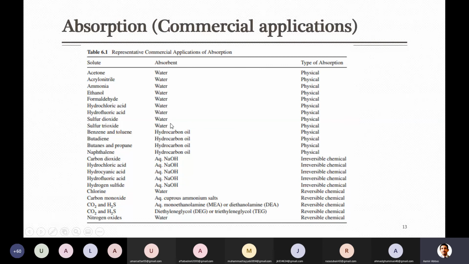By the way, whenever you have to select, although chemical is better, in some cases maybe there is no option to go for chemical, because the solvent which you use only makes physical interaction. In those cases, definitely we have to use that, although absorption will be low as compared to chemical, and you will need huge equipment, maybe more stages. But if you have the option of chemical, that is more preferred. And in chemical, reversible is preferred, as we have already talked about.